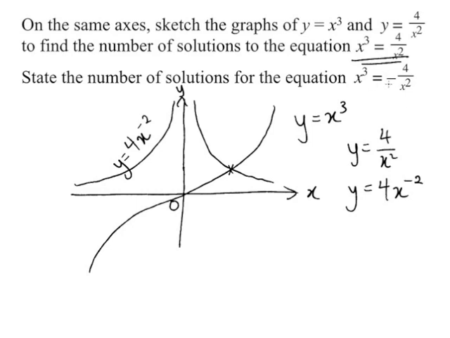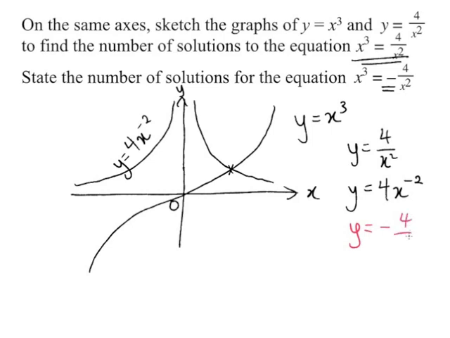Now the difference between this one and the previous one is this: there's a negative in front of the 4. Okay, so how do we deal with that? Let's do a sketch of that. Let's change the color of this one. Okay, and now I'm going to sketch y equals